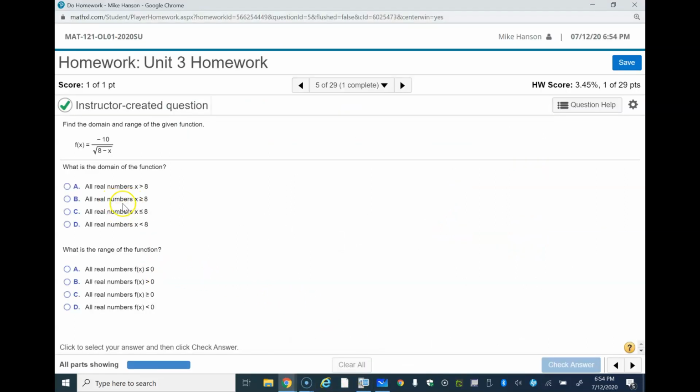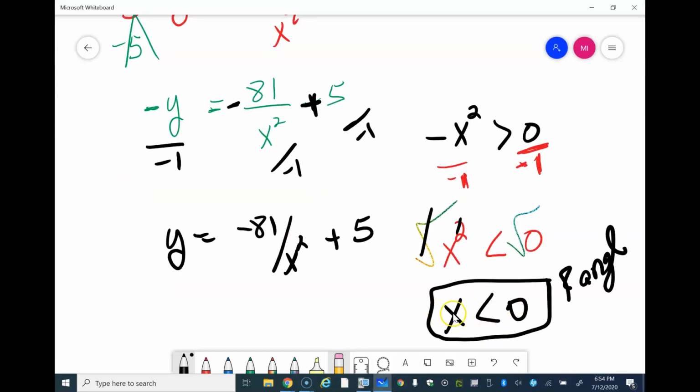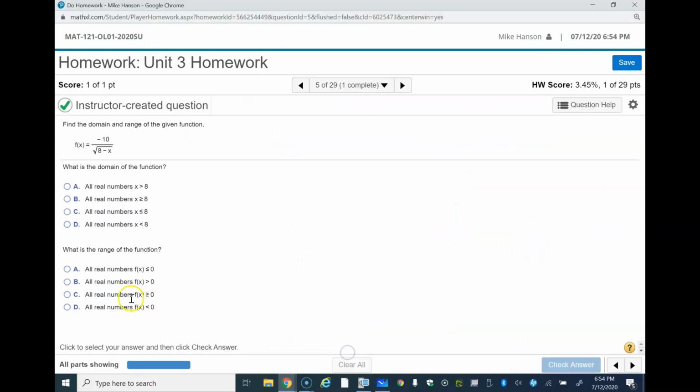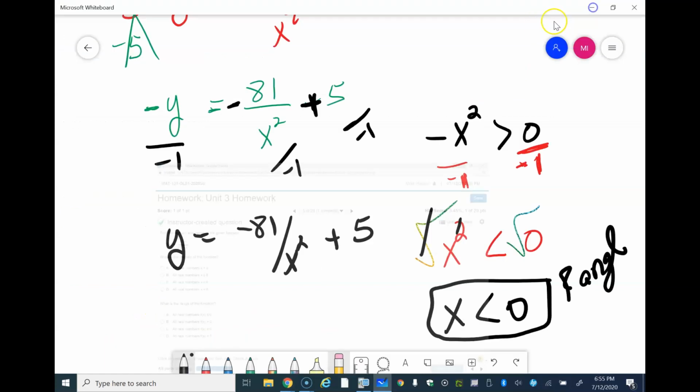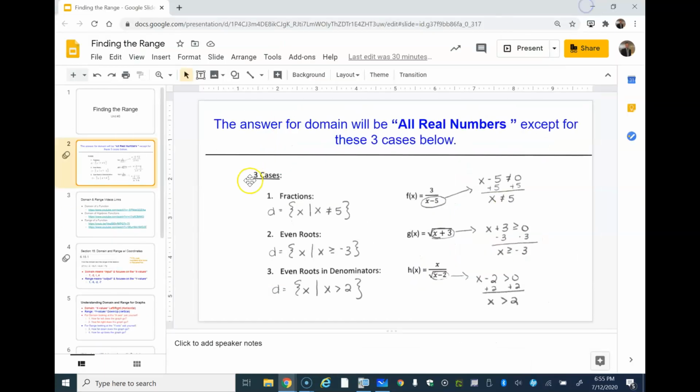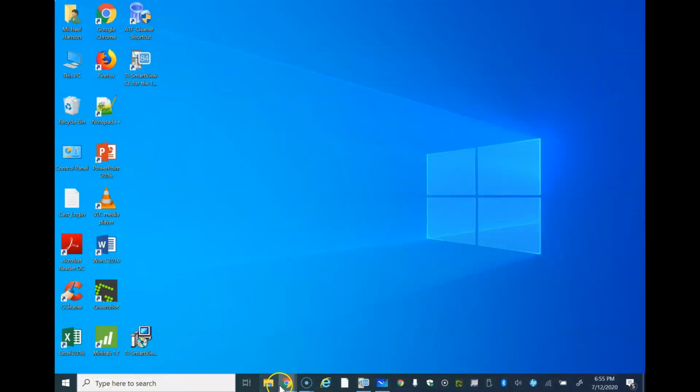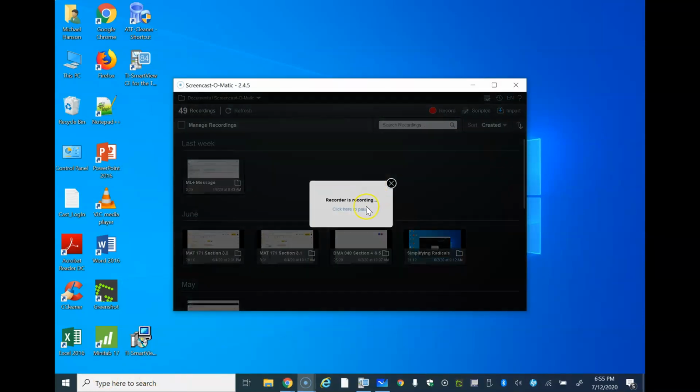So we found the domain for this particular one. We know that it cannot be equal to 0, and it must be positive underneath here. And then down here, once you switch it out, we see that x has to be less than 0. So our choice would be the last one here. The function has to be less than 0. So hopefully that helped you with finding the range. And if not, please let me know so I can further explain how to figure out